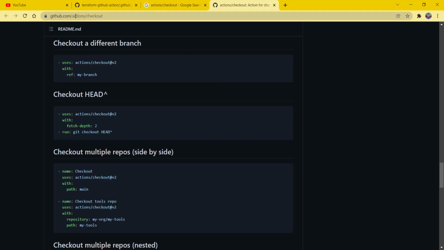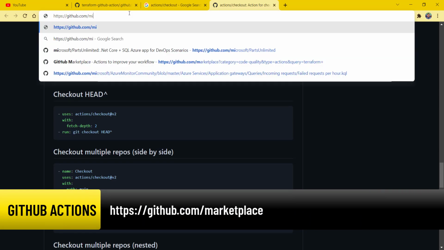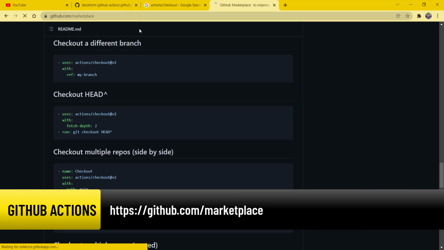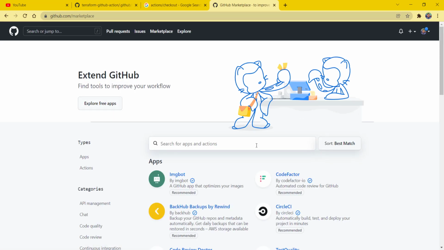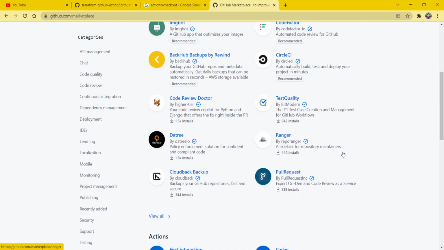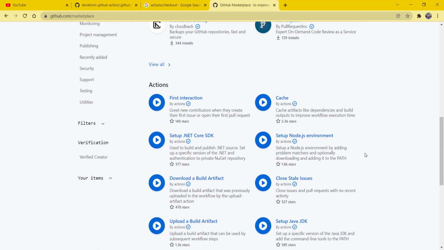Now we also have a marketplace available at github.com/marketplace, where we have a number of different actions which you can browse and utilize in your source code. This is the marketplace library where you can find a number of actions.